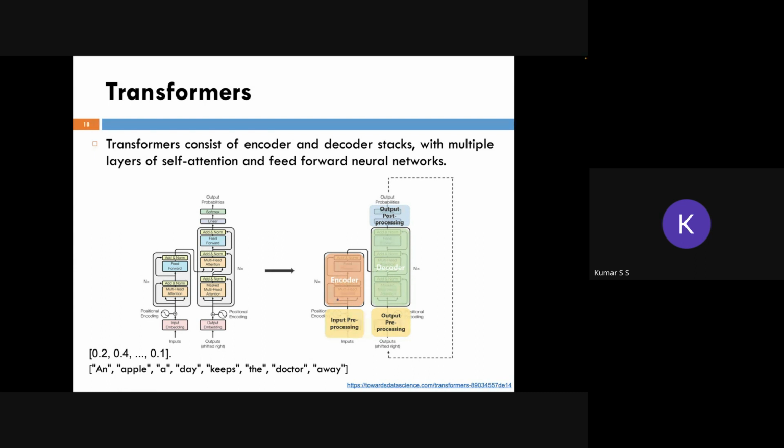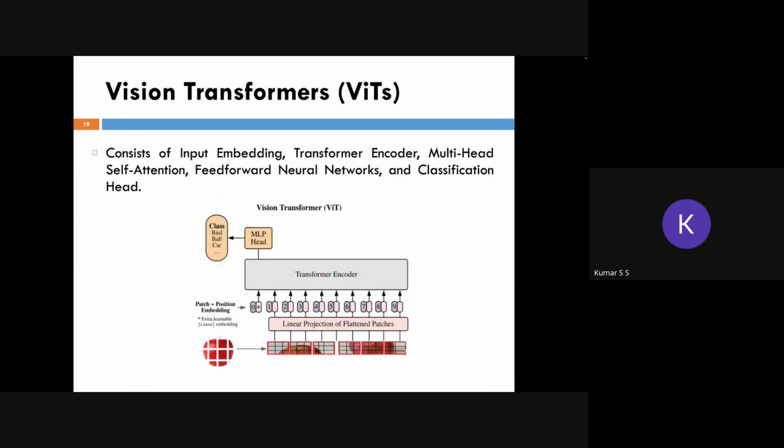So the success of transformers in natural language processing was also brought into images, and those transformers are called vision transformers. They use the same process that we have seen in the case of NLP, or the transformer which we have seen a little earlier. Here the input is an image, so what they do is they divide the image into patches, and then the processing is similar. We encode it with some numerical values, we give the position encoding, give it to the transformer,